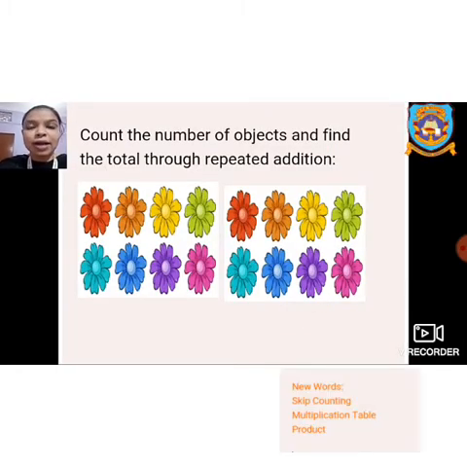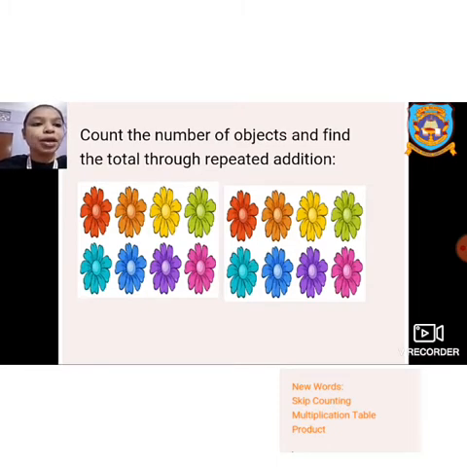Before starting, what did we learn in the chapter multiplication before skip counting? Before skip counting, we learned repeated addition. I hope everyone remembers what repeated addition is. Repeated addition means putting an equal number of objects in groups and then finding the total. It is like counting, but instead of counting one by one, we count how we are putting them in groups. Any item it can be, and we put an equal number of objects in each group.